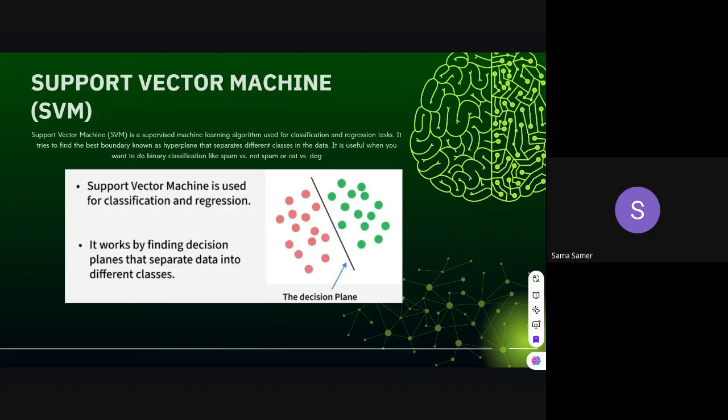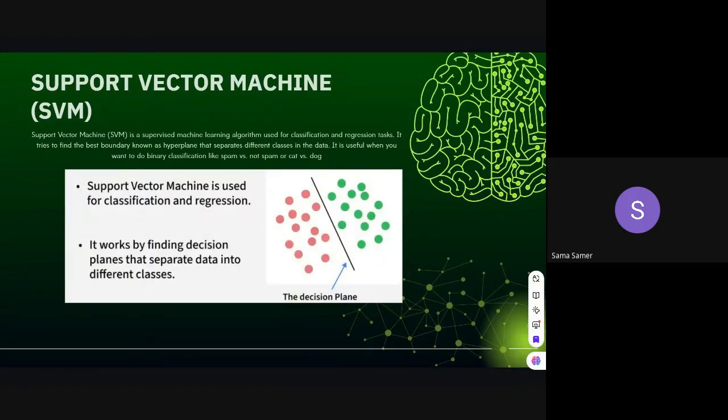The hyperplane here is a decision boundary. The decision boundary separates different classes inside our feature space. Our feature space here means the space that we are working with. Then we will have it represented by the equation wx plus b equals 0. This is the main margin. Then we will have another margin, wx plus b bigger than 0 for a positive class, and wx plus b smaller than 0 for a negative class.